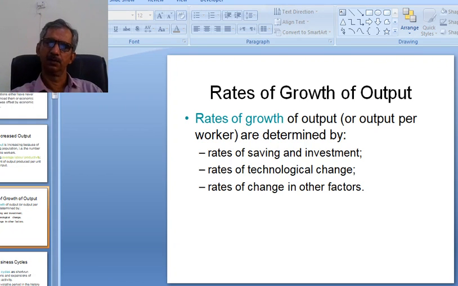Another term we will be discussing during this macroeconomic course is the rates of growth. When we talk about GDP growth, it means the rate of growth of output or output per worker. Suppose yesterday a worker produced 10 pens per day, and today the same worker is producing 11 pens per day. It means the worker has produced 10% more compared to his or her previous output level. And the rate of growth of output is determined by